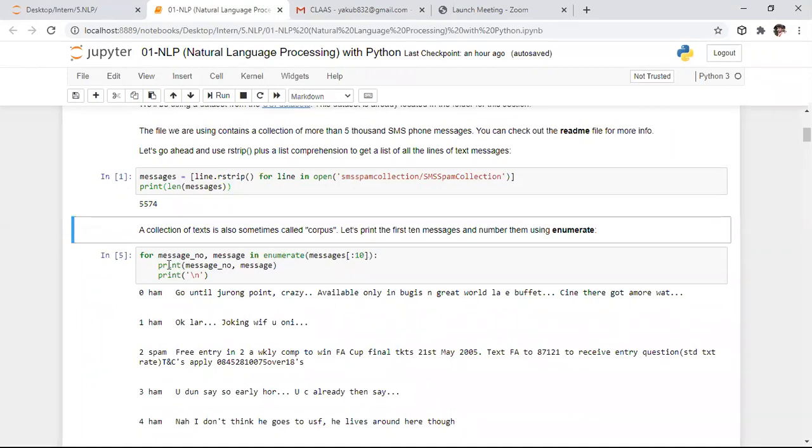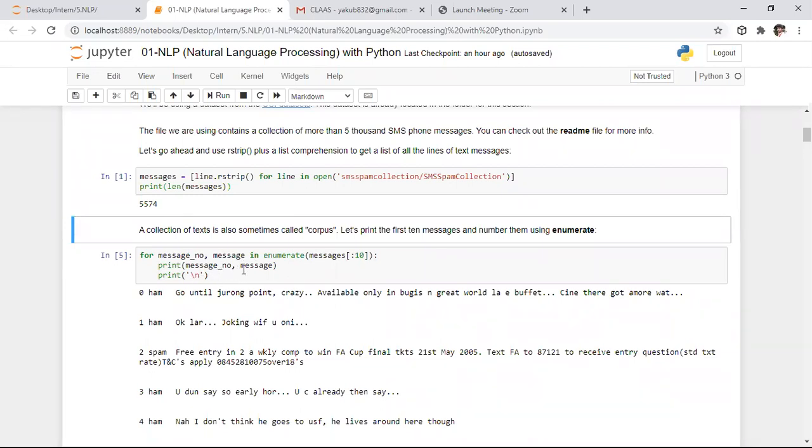So here I'm saying for message number, that is the index, comma message, that is the value, in enumerate of messages colon 10. That means I want to give this numbering till the 10th message only. After that, I want to print the message number as well as the message.